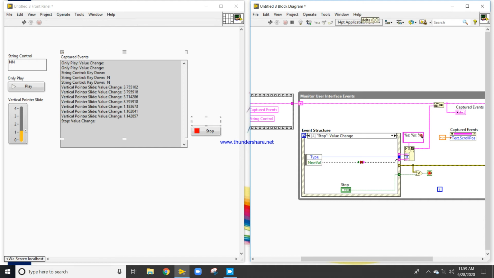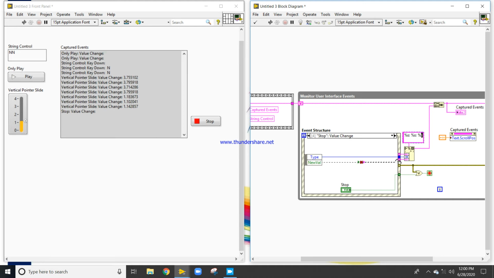For that, control B, I want to delete this one. First I don't want to keep the value change; firstly only delete, then I will see what we can do.